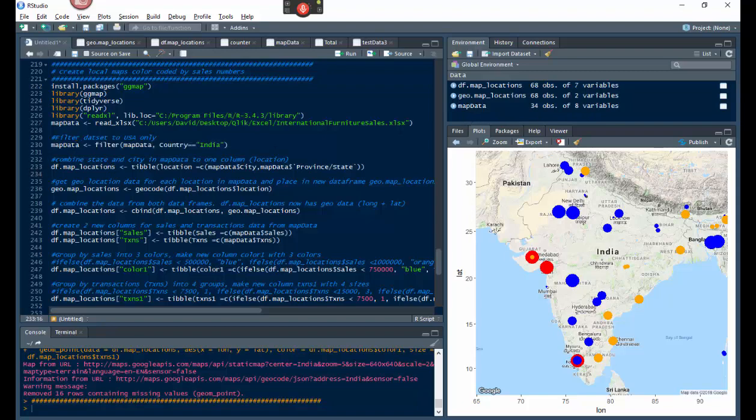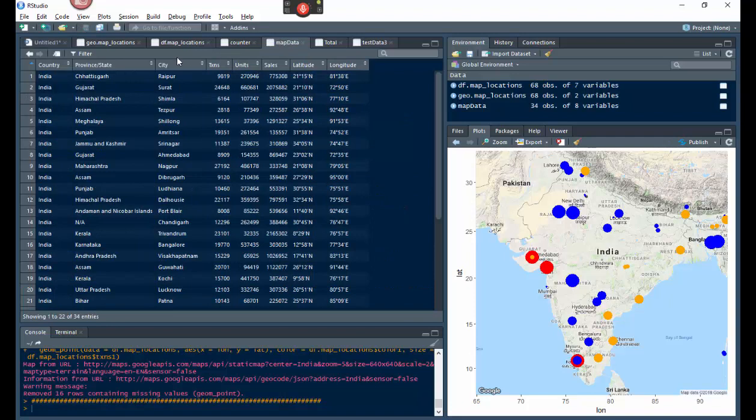Okay, next what we do is we go down here, and what we're going to do is combine the state and city in map data into one column. So in map data, let's take a look at it real quick and I'll show you. Here's map data. What we want to do is combine state and city, so Punjab and Amritsar are going to be put into one column instead of two,